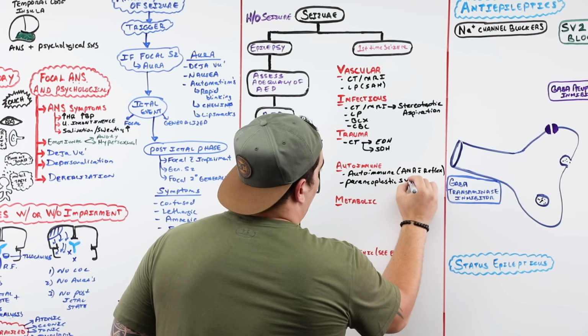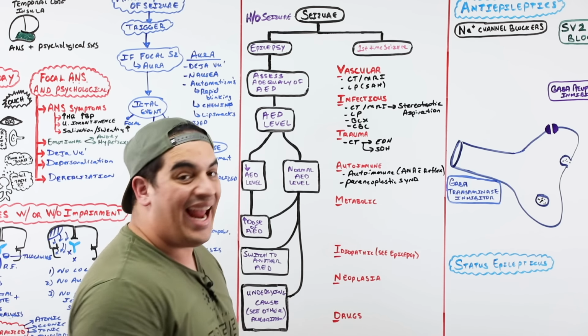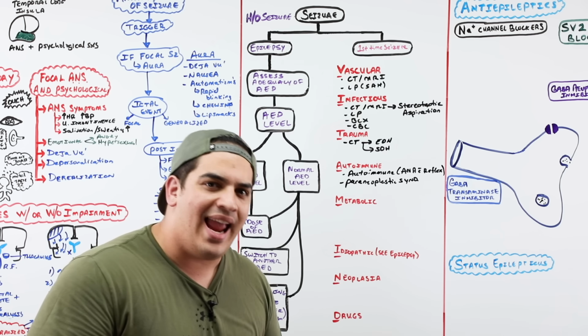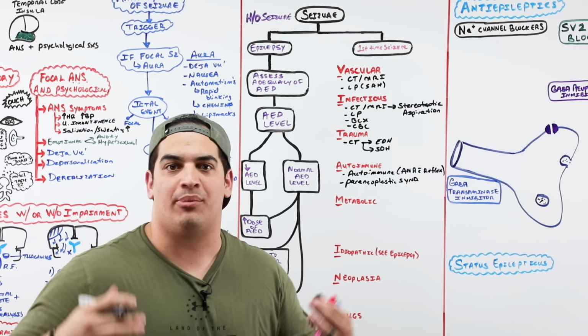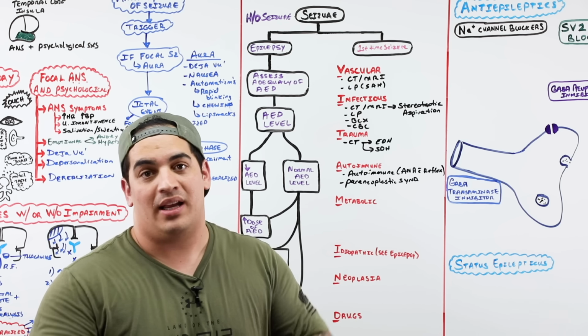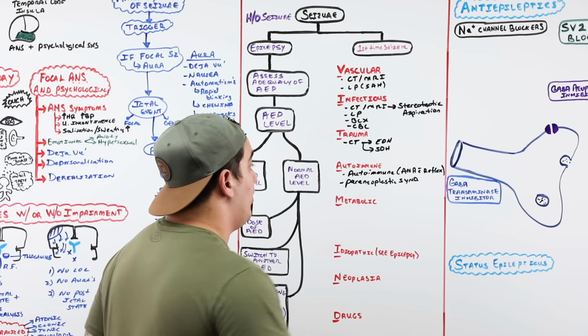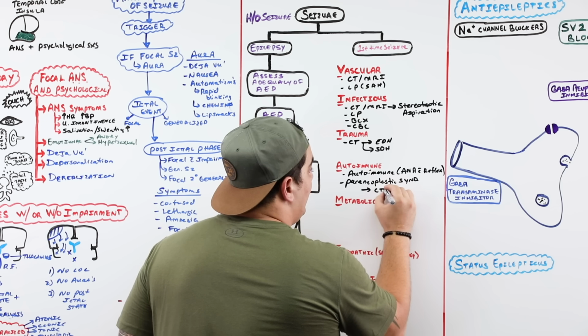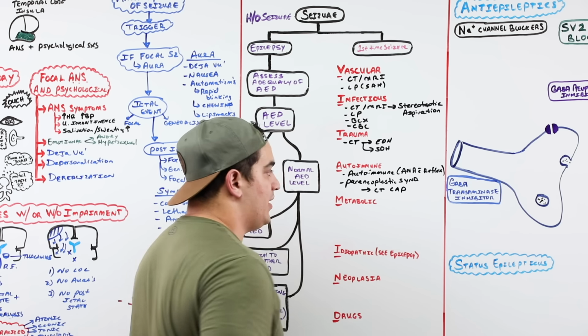The other thing is, what if you suspect a paraneoplastic type of syndrome? Maybe there is a cancer somewhere, and that cancer is what's actually leading to antibodies being produced. Well, how do I find the cancer? Maybe I need to do a full CT scan. So maybe I need to obtain a CT scan of the chest, abdomen, and pelvis.